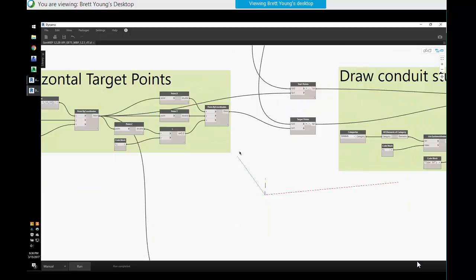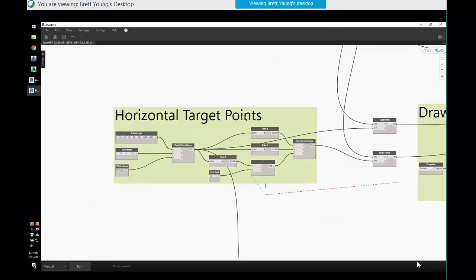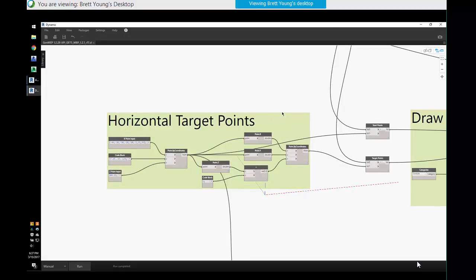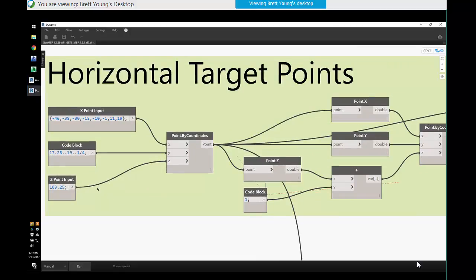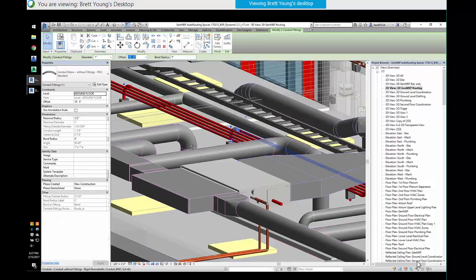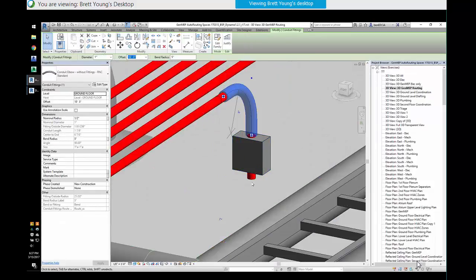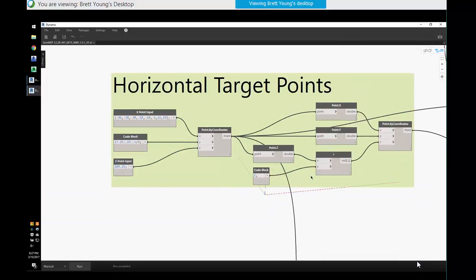So the actual Dynamo-ness of this at a basic level, you tell me if this is what you want to see, but I don't have anything complicated in here. It's just lots of out-of-the-box Dynamo nodes, list management. But if we want to talk about the target stubs that I drew in here with Dynamo, they are 1.5 foot stubs coming out of this JBox, right? So going from a Z value of 109.25 up 1.5 feet is, maybe 1 foot, is what we're doing here,